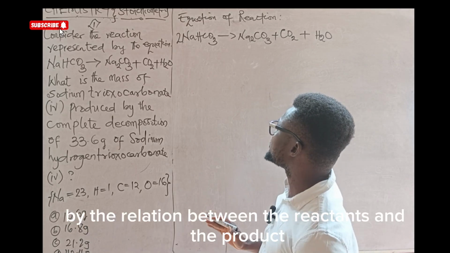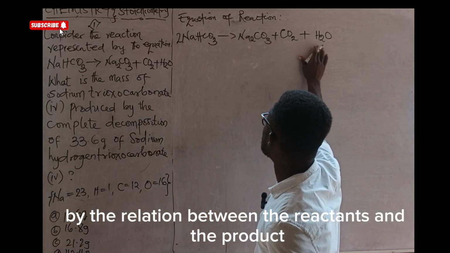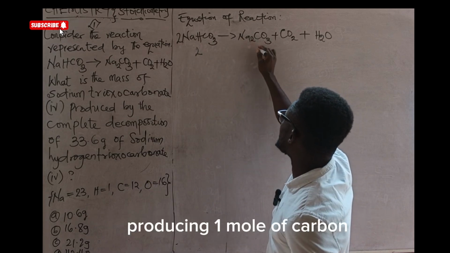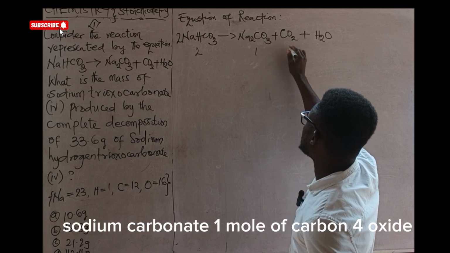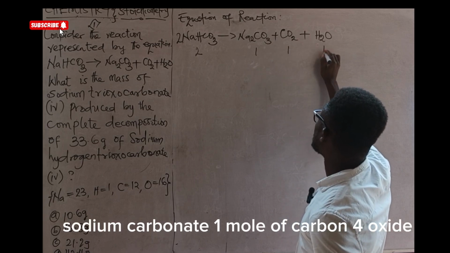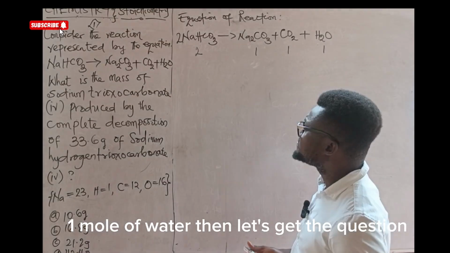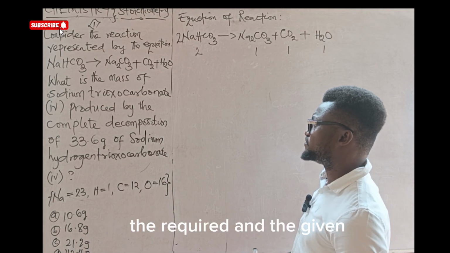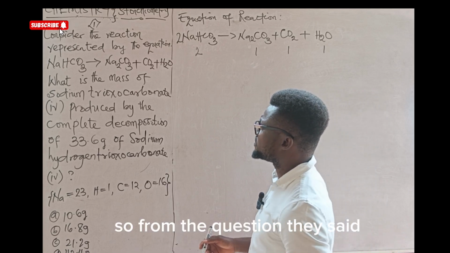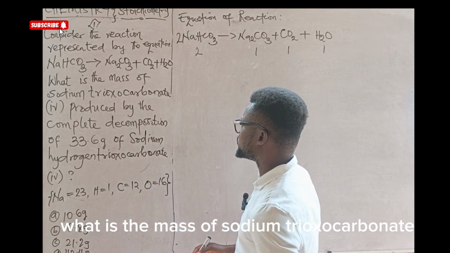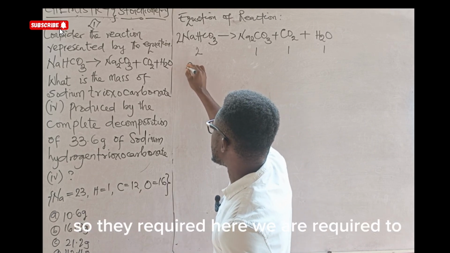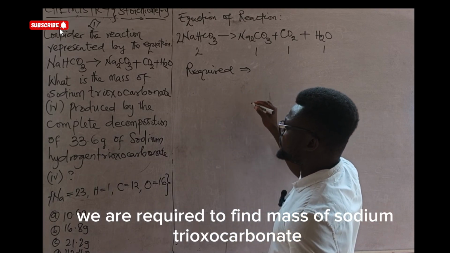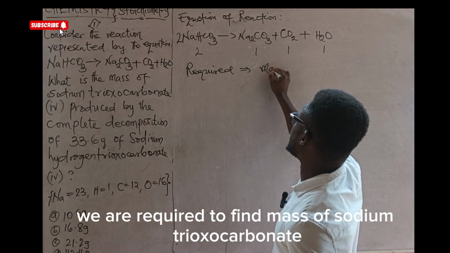Then, by the relation between the reactant and the product, we have 2 moles of sodium hydrogen carbonate producing 1 mole of sodium carbonate, 1 mole of carbon IV oxide, 1 mole of water. Then, let's get the question, the required, and the given. So from the question, they said, what is the mass of sodium carbonate? So the required here, we are required to find